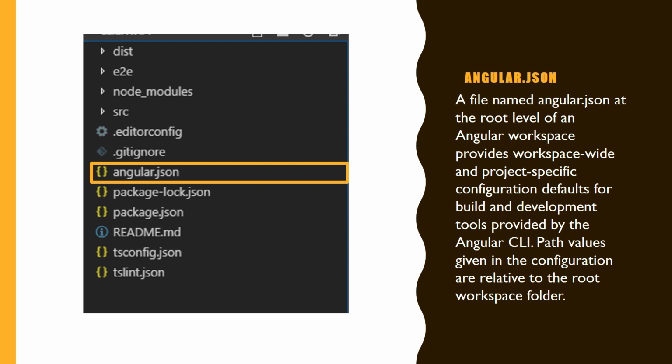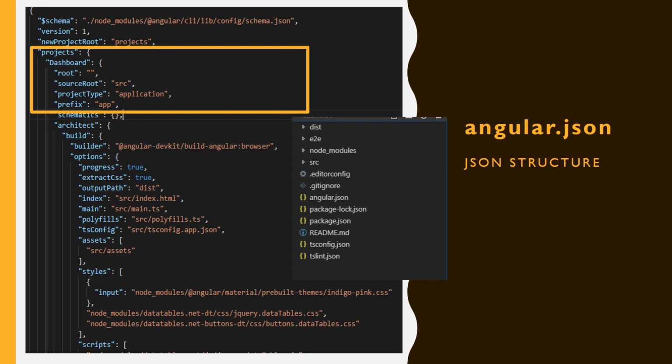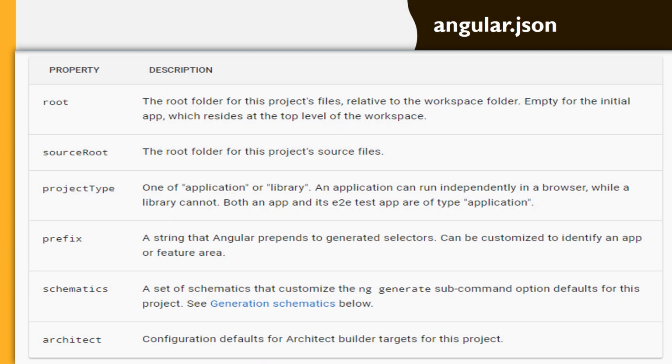This is the main configuration file because it contains everything starting from the entry point till the output. You can define each and everything in angular.json. Here you can see in the project property you can define the application name, that I have mentioned as dashboard, and you can also change the source root, that default is src, and your prefix, that is default app. If you want to change to a custom prefix you can add it here. One more thing, we'll discuss only those points that are very important to our project, but I have mentioned each and everything here so you can check this detail.